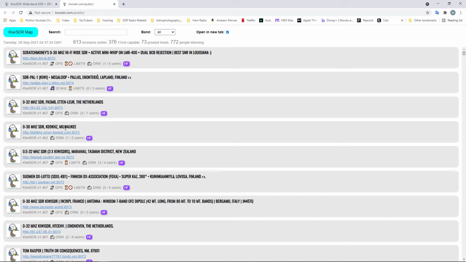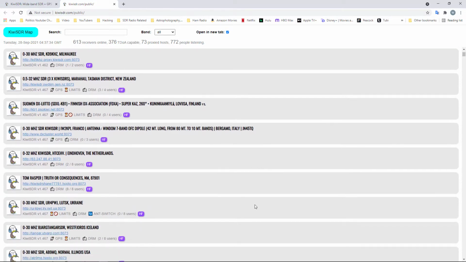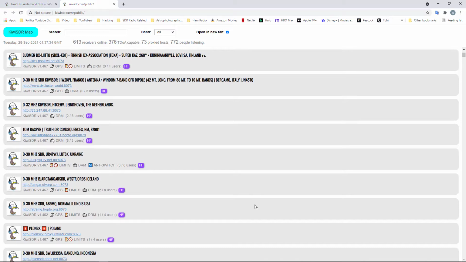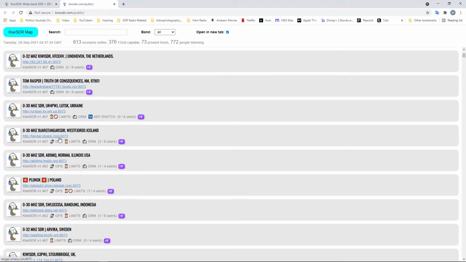Like right here, here's one in Milwaukee, Netherlands, Finland, Louisiana, New Zealand. Another one for the Netherlands, Ukraine, Iceland. Iceland's kind of a crazy location. If you're into Whisper, finding out what bands are open and using Whisper to do that, Iceland is like the perfect location to do that.